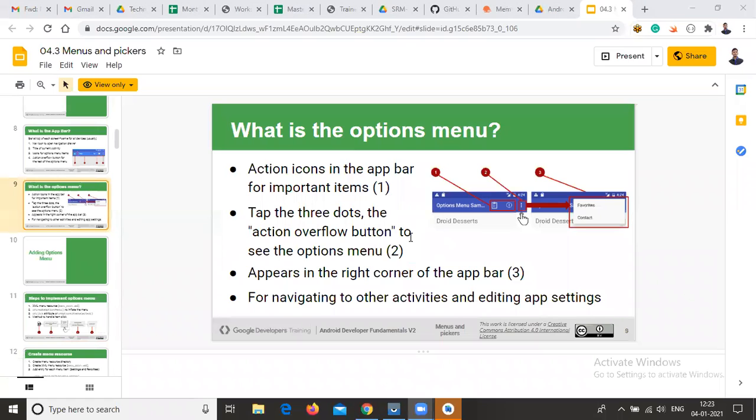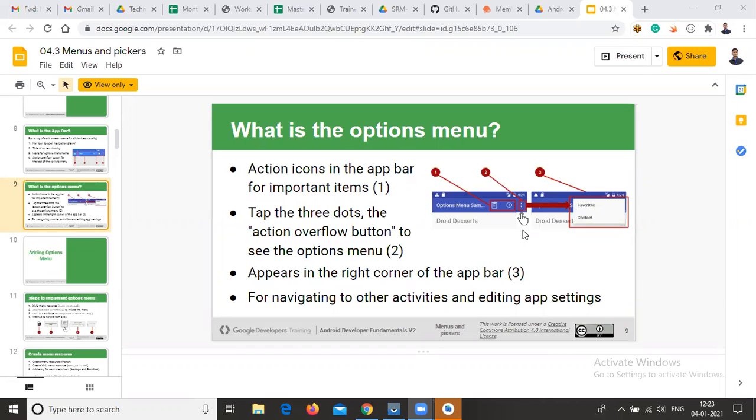And coming to what option menus are: option menus are a combination of action icons and overflow menus. The action icons in the app bar are for the important items. As I discussed in the previous slide, if you are using icons, it is based on importance or emergency.